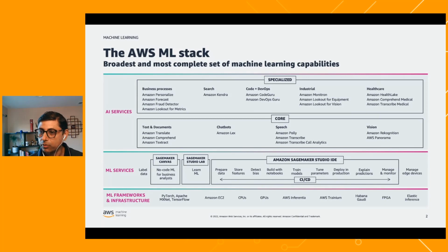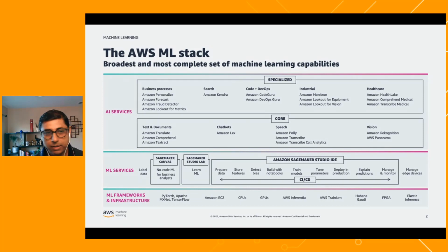At re:Invent 2021, we launched Amazon SageMaker Canvas, enabling business analysts and domain experts to create their own models with no ML expertise required. And SageMaker Studio Lab, at no charge, a no-setup development environment designed for learning and quick